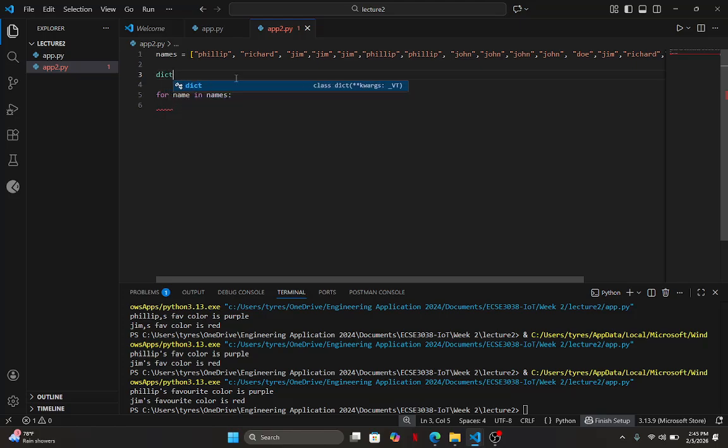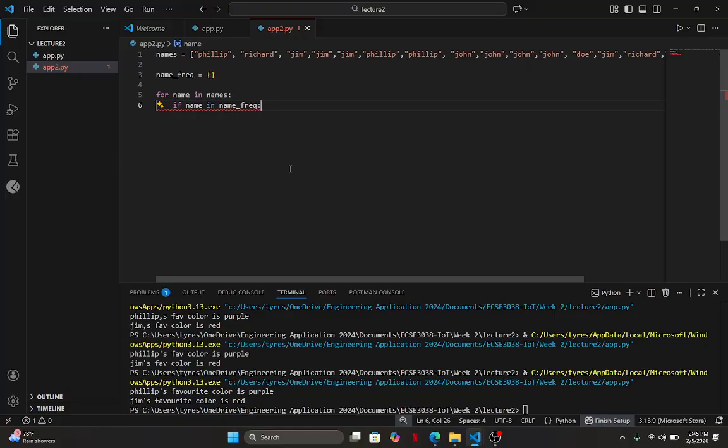So I can create an empty dictionary with no names. Let me see. I'm just going to call it name frequency. So that's an empty dictionary with nothing in it. So I'm going to say if name in name frequency.